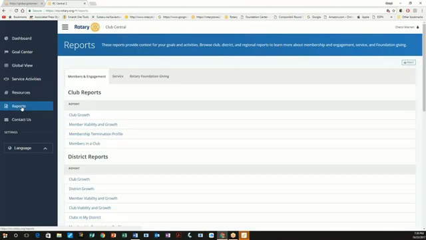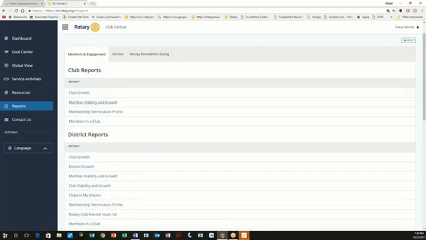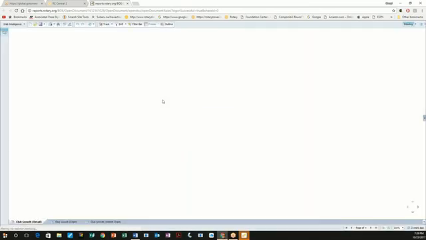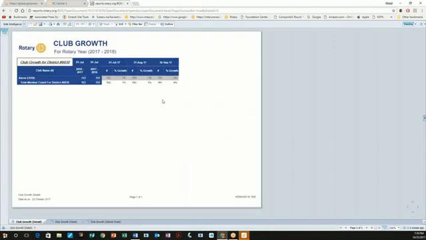Your reports. You have a number of reports. Again, it works the same way. The 3 tabs across the top, if you want to see where you stand on some of these elements. So club growth. And when it brings these screens up, it will open an actual report screen. And then you will choose, I'm letting it load here for you. So you will choose, it'll open this. Now make sure when you open a report, look at the bottom, because there could be more tabs down here that you will want to look at, not just the first page.